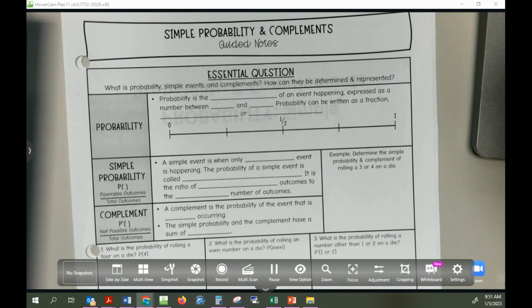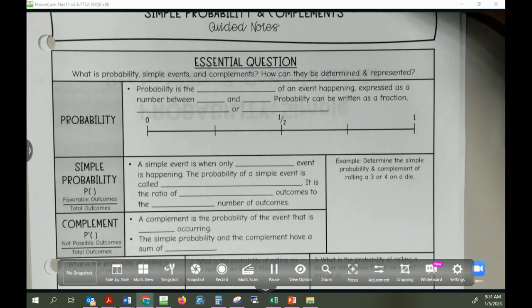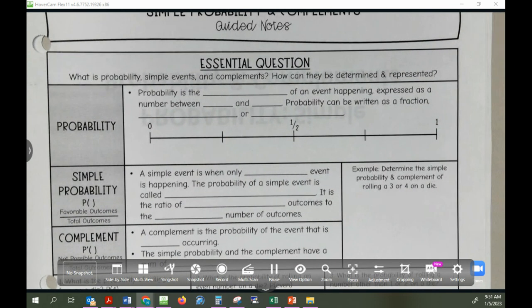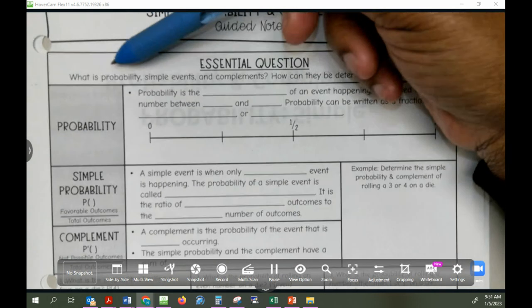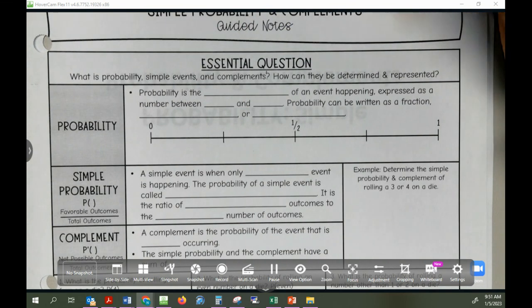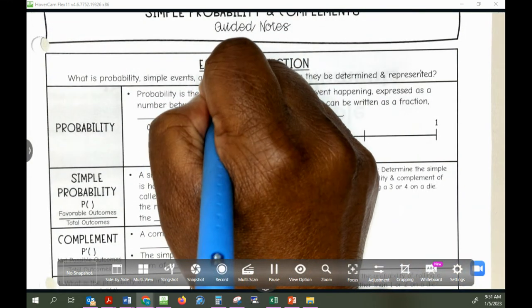Ahead and do our notes. So we're talking about simple probability and complements. Our essential question for our first lesson in probability is, what are simple events and complements? How can they be determined or represented? So when we see here, probability is the likelihood